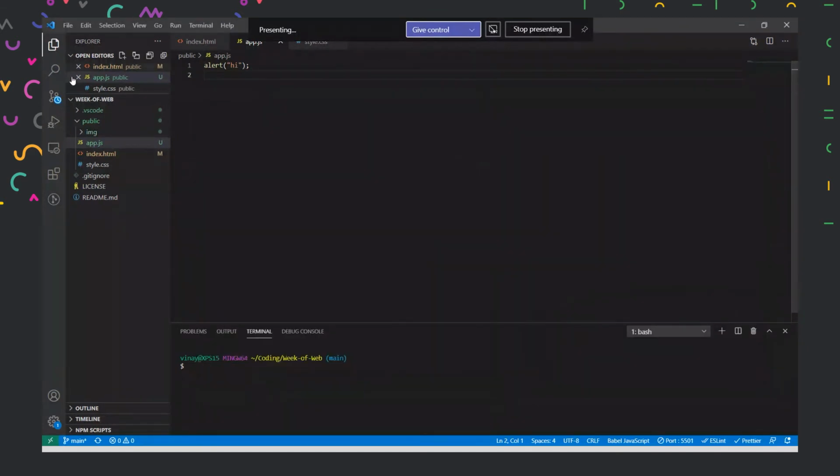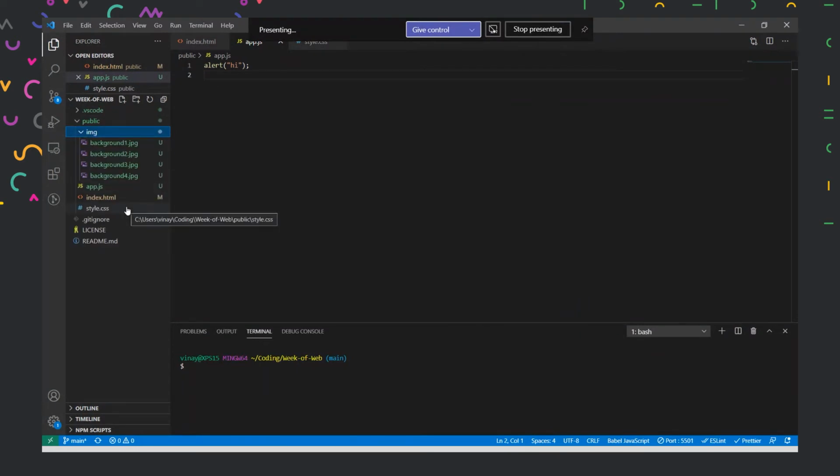All right, and the same will be represented here in our VS Code. See, the image folder is created here. It syncs automatically with how we work. So now we have the background files as well.